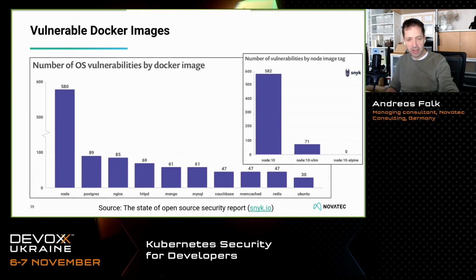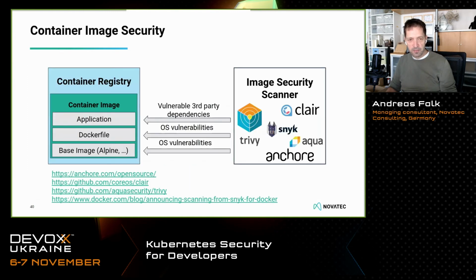And also MySQL, you see all the prominent base images like MongoDB, HTTP, Nginx, Redis. All these have vulnerabilities inside. Luckily, there are also open source image security scanners available, open source ones, commercial ones, like Trivy, for example, or Clair or Anchore. They all provide an open source scanner that can be just used for free, for example, in your open source projects. And these scan your container image for 3 different parts.